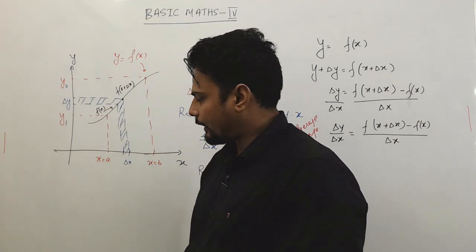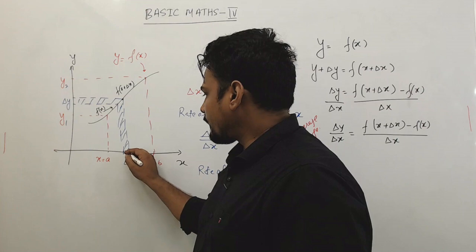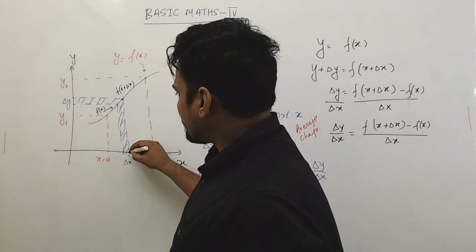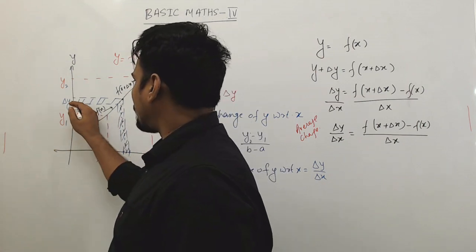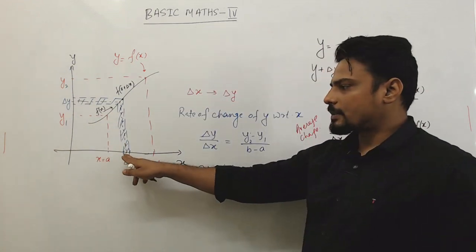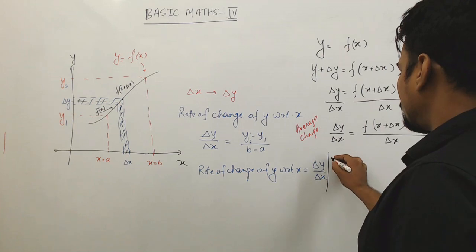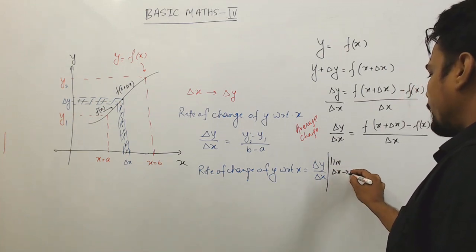Why am I saying that? Let's suppose I make it almost close to 0, then this delta x would appear as a small point over there. With respect to this small point, we should have a small change over here in the y. So this becomes an instantaneous one, exactly at this particular point. All good? So if I put the limit, let's suppose limit delta x tending to 0,